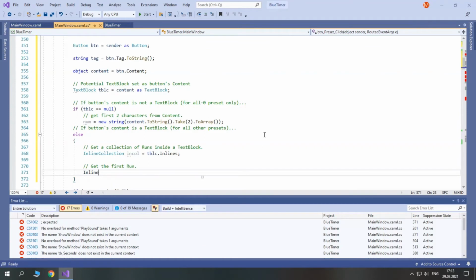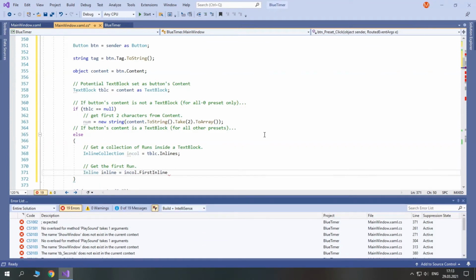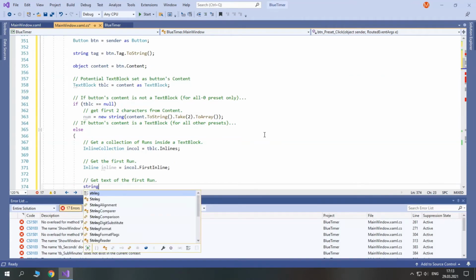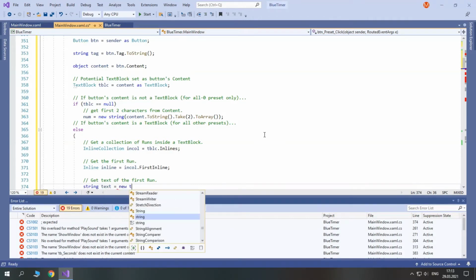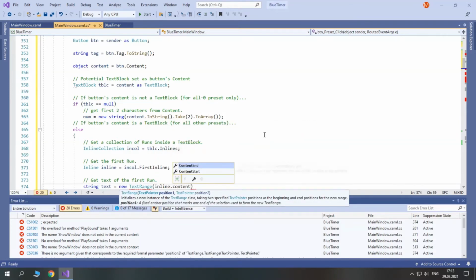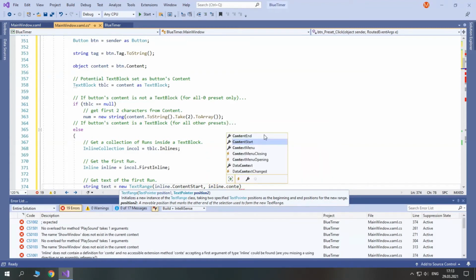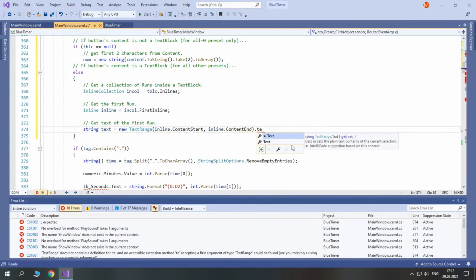And then we get the first run. So inline equals incall first inline, and then we get text of the first run. So string text equals new text range from inline content start to inline content end, and then we access its text property.